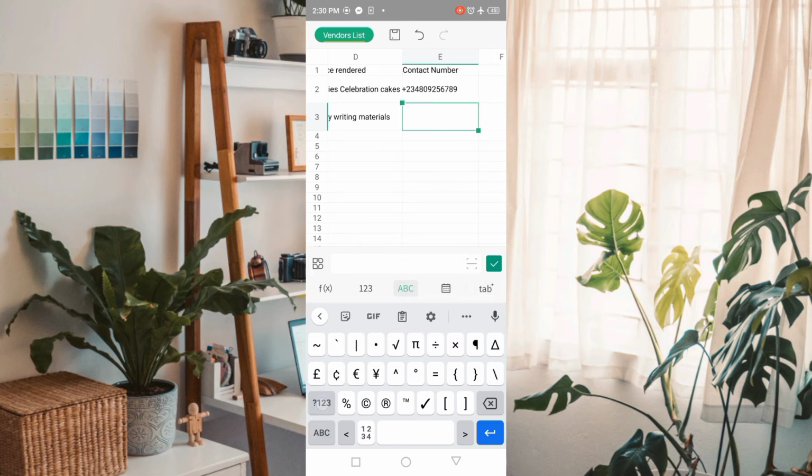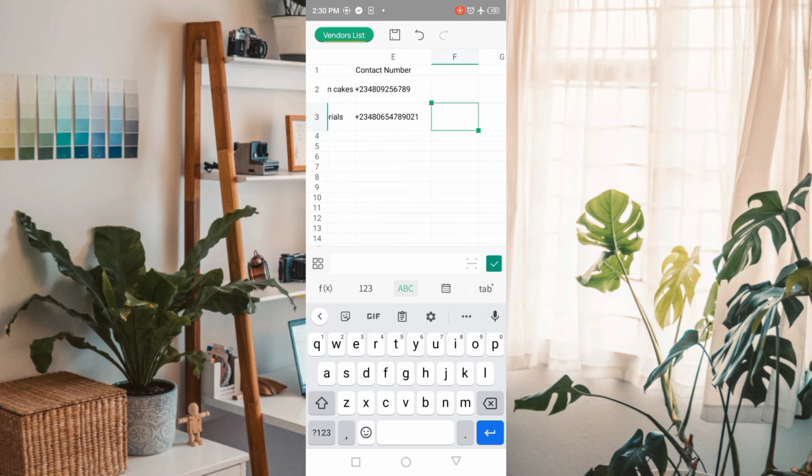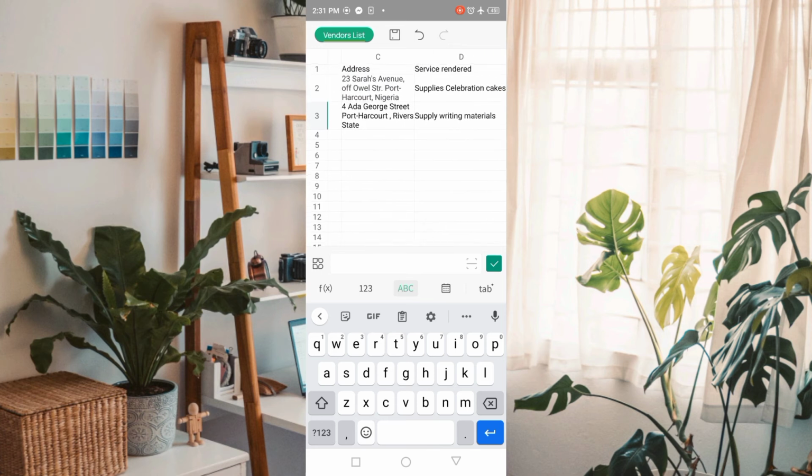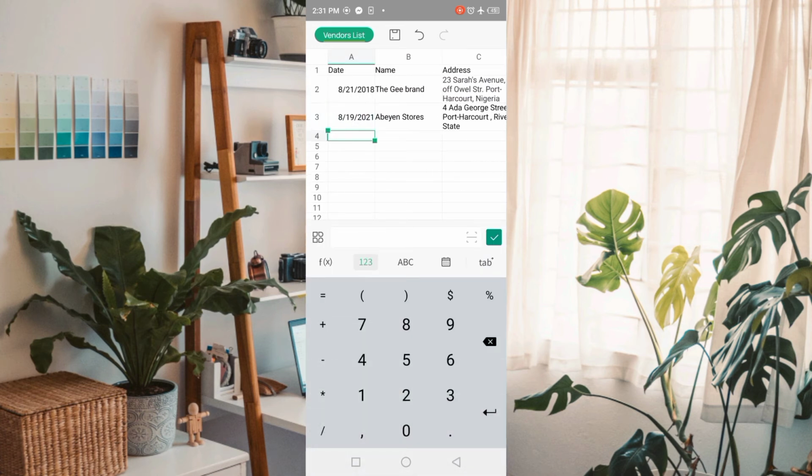Contact number, for example, we'll use plus 234 806 5478921. Okay, so we have this. So we move to the next one, and the next vendor, for example, is